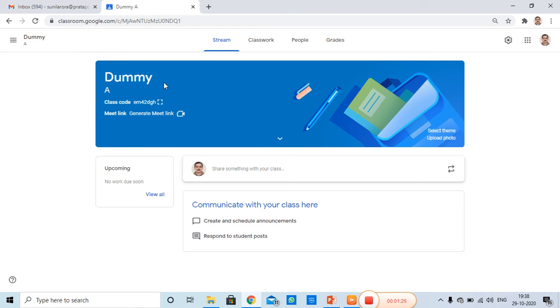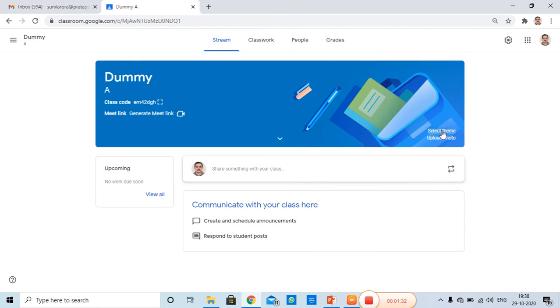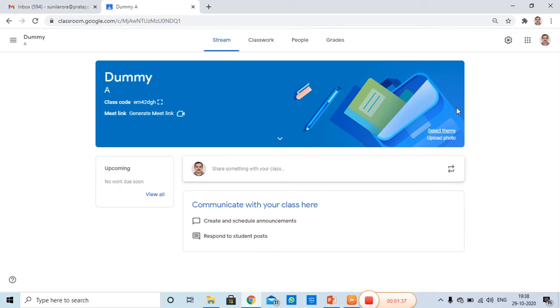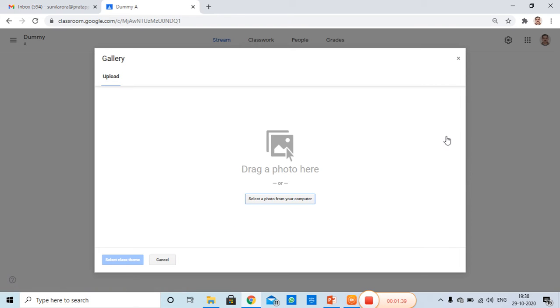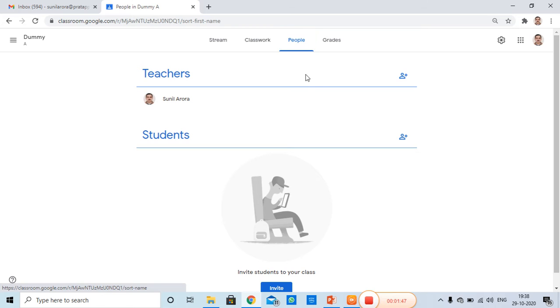Now this class is created: dummy, section is A. This one is the class code, this one is for selecting a theme, and this one is for uploading a photograph, and this is for people. From here you can invite teachers as well as students.